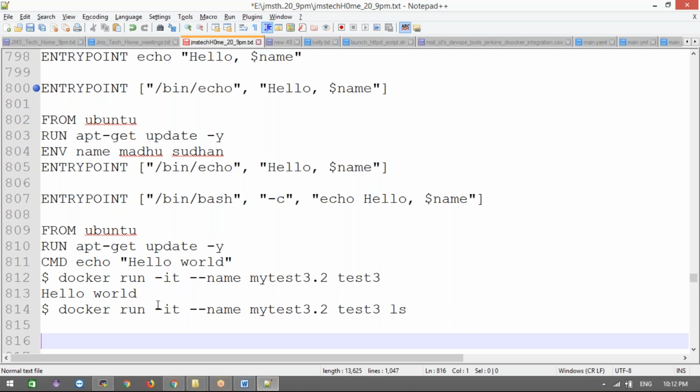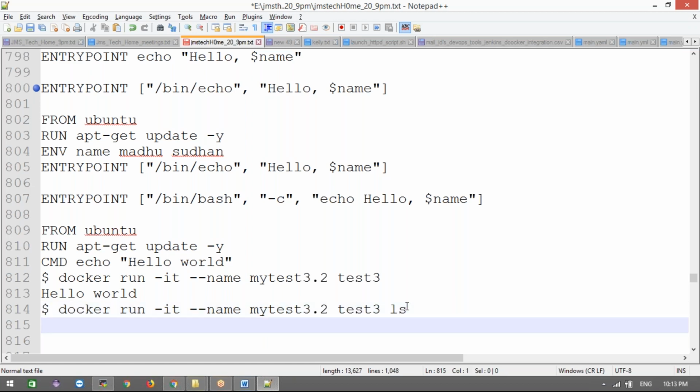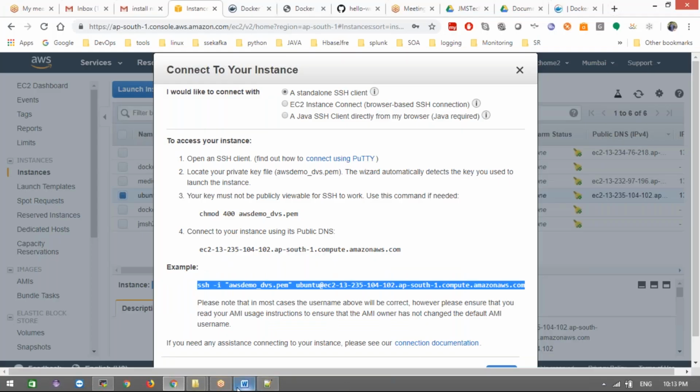For example, an IP address you want to pass while executing this, a tag number, some environment variable, or a version name we need to pass. Those kinds of things we are going to use CMD for, so blindly go with the CMD. And if you feel I don't want to change any parameters in my executable command, simply go with the entry point. Now you guys are clear, right? If you want to change anything while running the docker command, you need to go with the CMD. If you don't want to change anything at any time, you need to go for the entry point. That's it. That is the main reason.